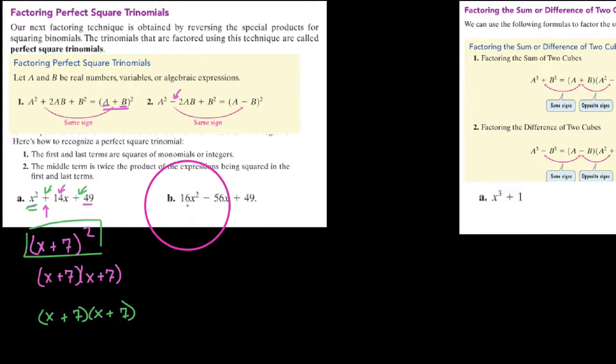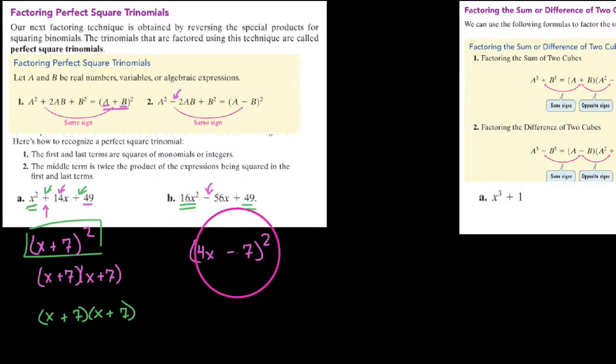Likewise over here, it really sticks out that this first term is a perfect square and that the last term is a perfect square. So maybe there's a chance that if I were to put these in, well, that's a perfect square of 4x and this is a perfect square of 7, and I notice that this is a difference here, maybe I put a minus here. Would this work? And according to our rule up here, we'd say 4x times 4x is 16x squared, 7 times 7 is 49,